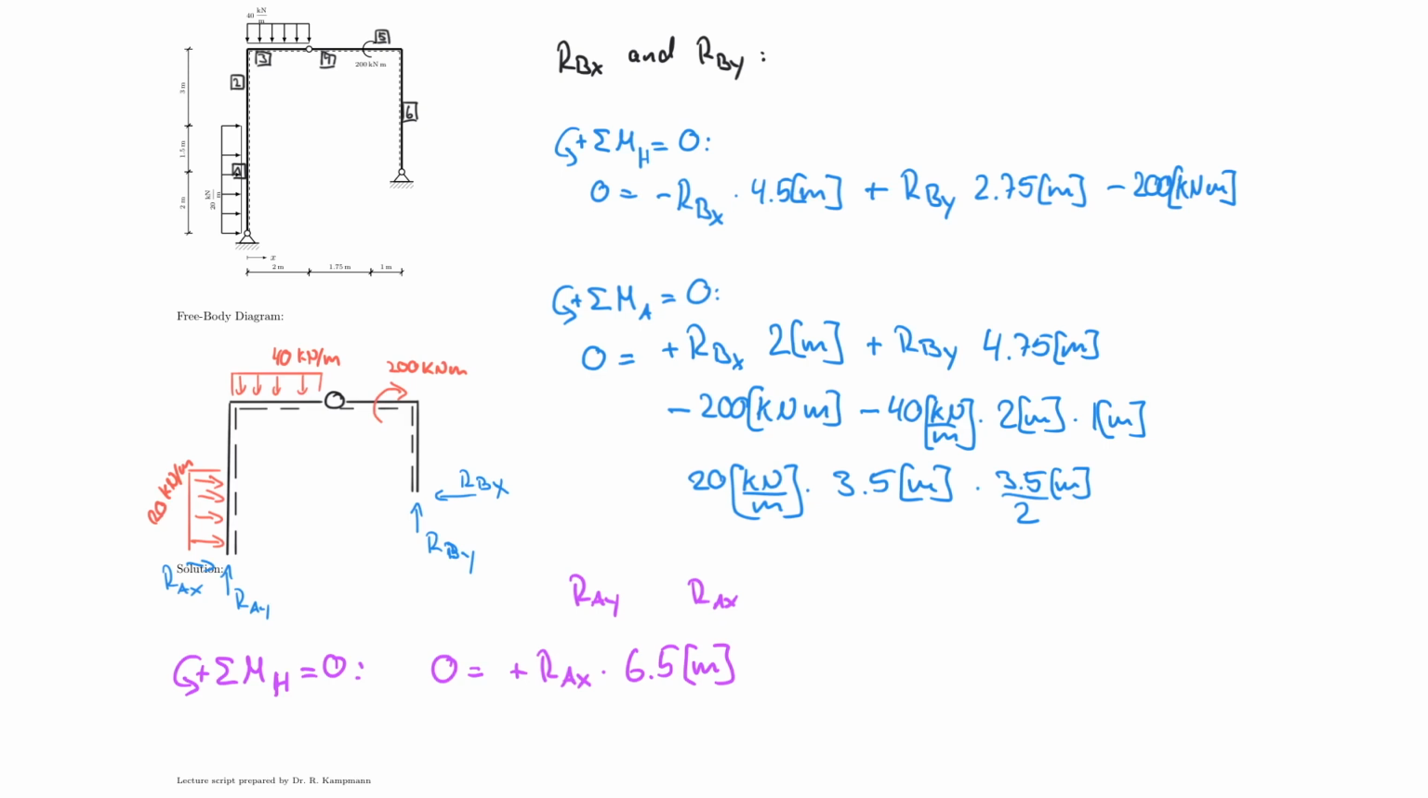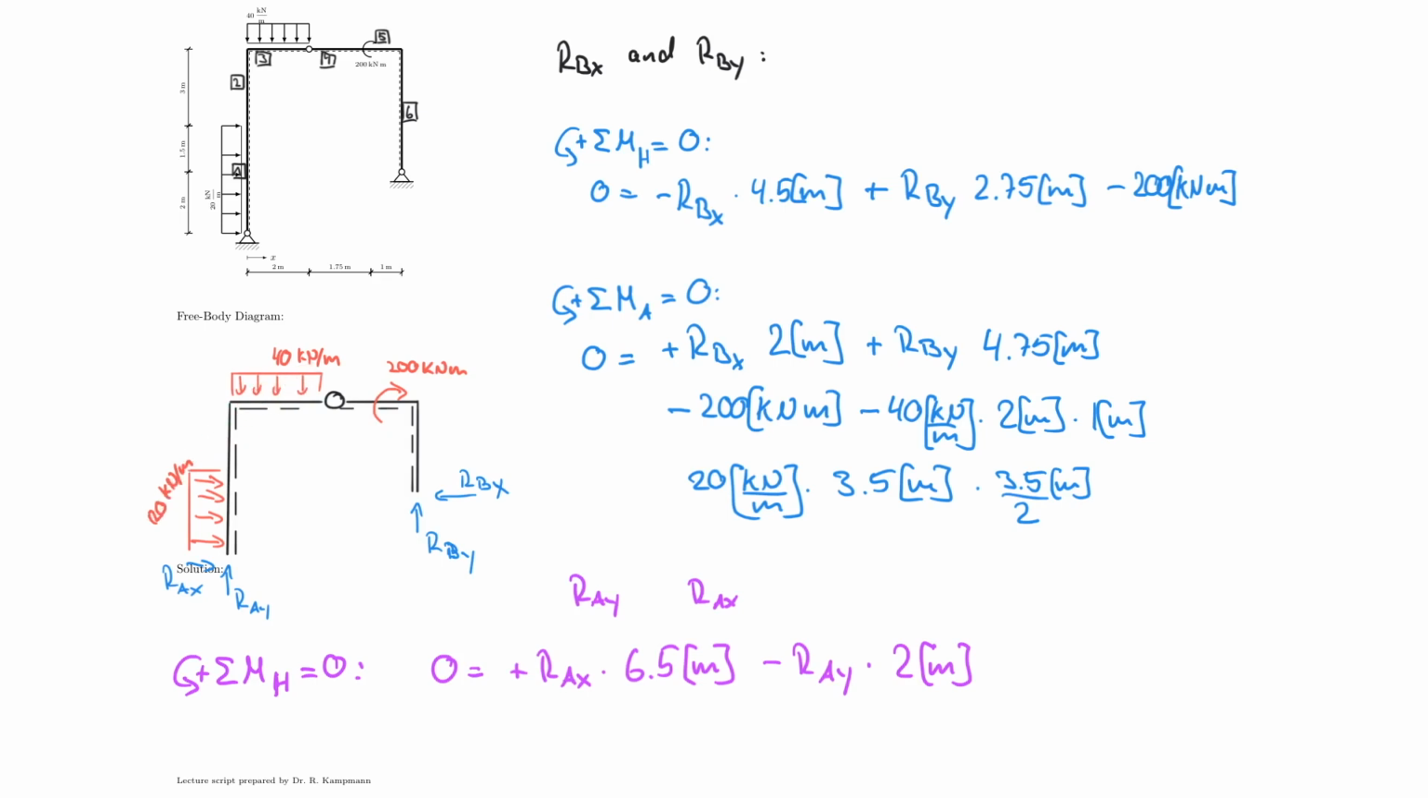Next, RAY. And RAY is acting upwards. So it's this distance here, which is 2 meters. So I multiply that by 2 meters. And now I have to wonder if it's clockwise or counterclockwise. And it is pushing up, so it rotates clockwise. Therefore, it is negative. But now be careful, because I have to include my two linear distributed forces here,